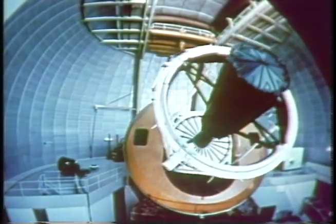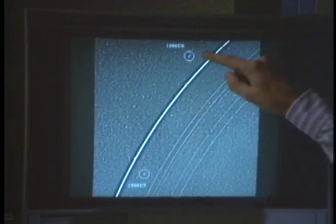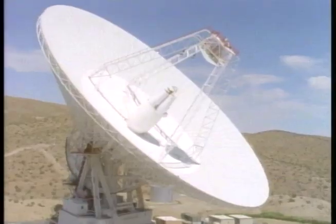Astronomers can study space from Earth by using telescopes, cameras, computers, sound recorders,